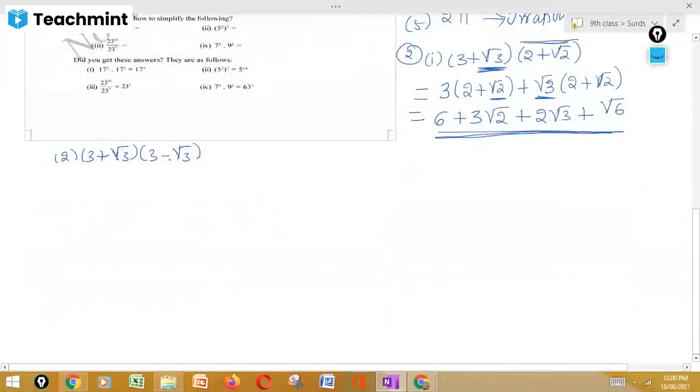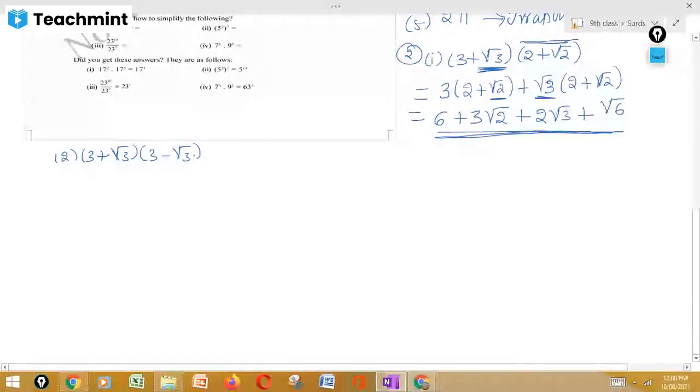Which identity? Okay, listen to me what I'm asking. This bracket, A plus B, A minus B. Very good, very good. It is the same as the identity, that is (A plus B) into (A minus B). So there I can use (A plus B) into (A minus B). What are you going to get? A square minus B square. B square. A square minus B square you are going to get.